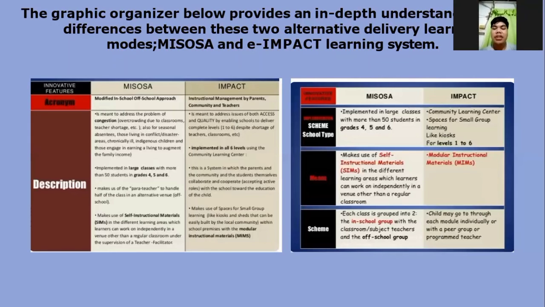And in IMPACT, the child may go through each module individually or with a peer group or program teacher. So next,